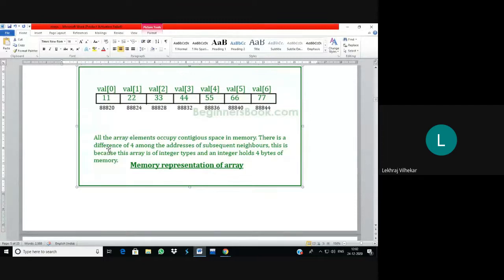That time your for loop should be like this one: for I equals 6, I greater than or equal to 0, I minus minus. The condition of your for loop will change, because you have to start the for with I starting from 6, because you have to reverse the order. So we reverse it by taking the value of I as 6 and going down to 0, and we are going to display the values using the printf statement.